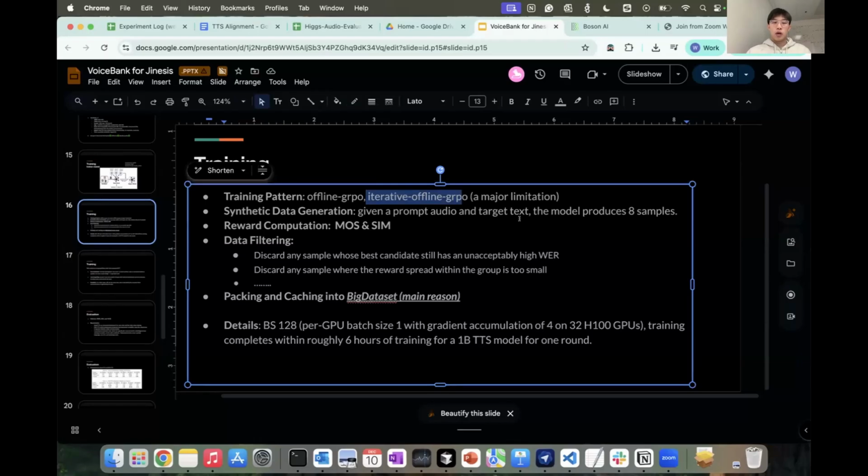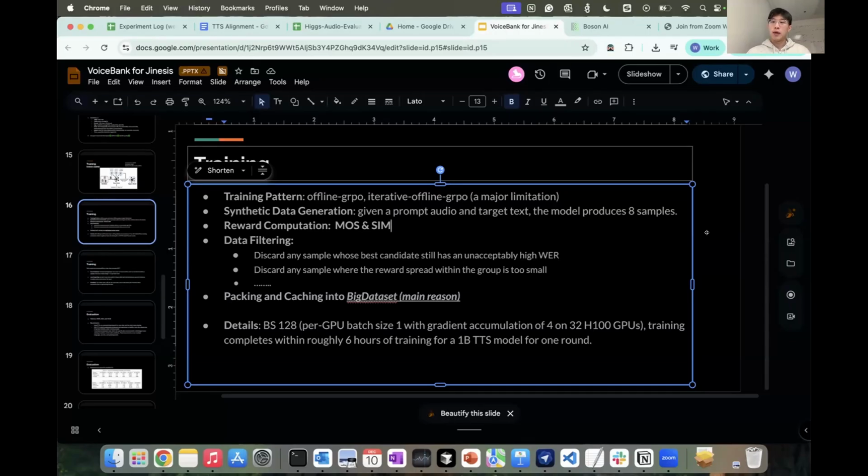For the synthesized data generation, we chose a batch size of 8, so for each step we generate 8 samples. For the reward calculation, we used a combination of the MOS and similarity I just introduced. After this, we collect all of the synthesized samples and do a data filtering step, because at the beginning the base model is not that stable.